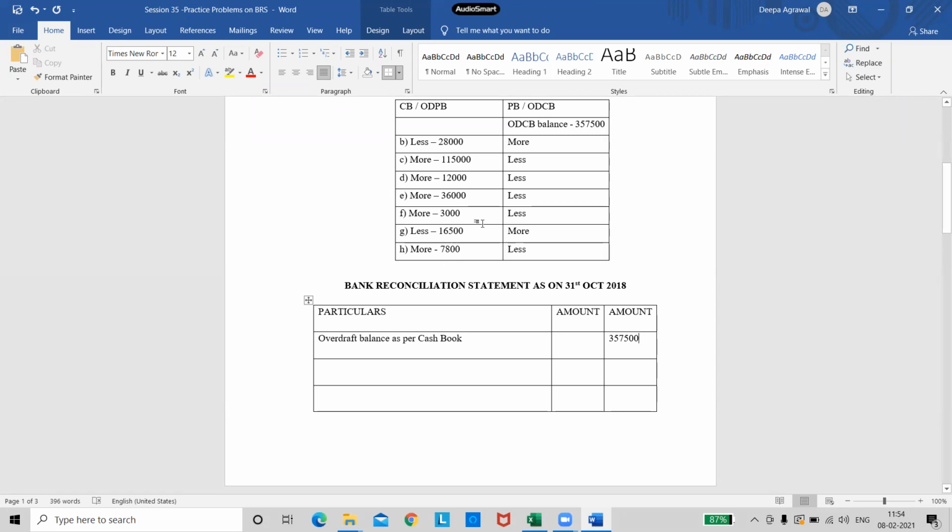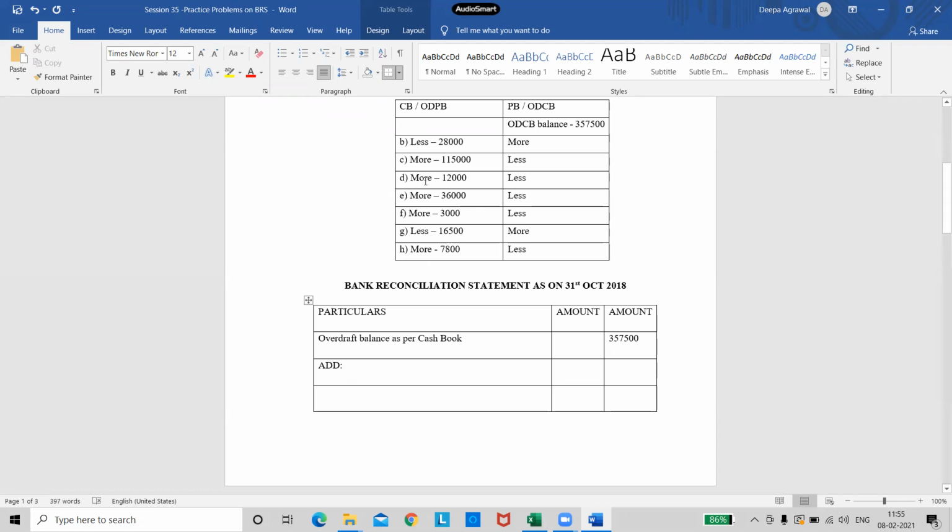Now for me, the second column value is given. So I will do all transactions according to the first column. Wherever I have written more, all those transactions will be added. Wherever I have written less, those transactions will be deducted. So see here, I need to add 5 transactions and I need to deduct 2. So I will copy paste all those transactions. By then you can start writing.